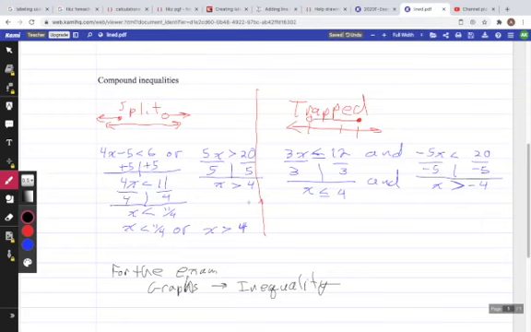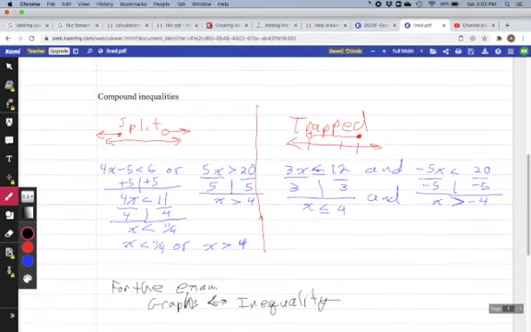It's also going to be important that you understand that reverse relation. So being able to look at a graph and come up with an inequality, or look at an inequality and solve it and come up with a graph. That will do it for this video, and I will see you